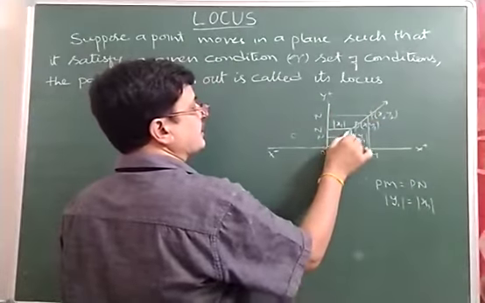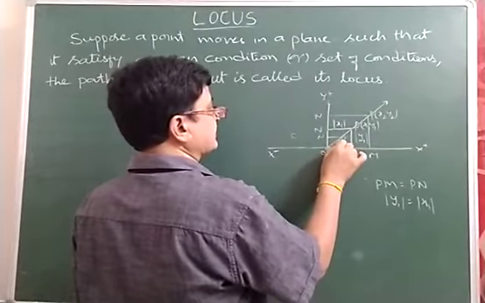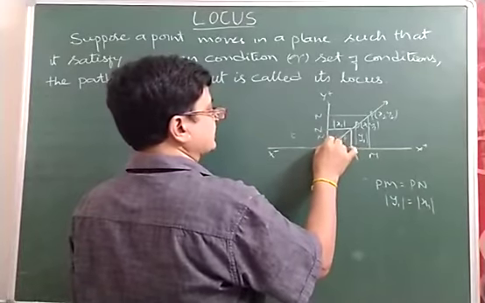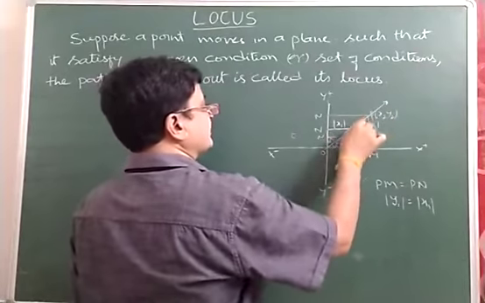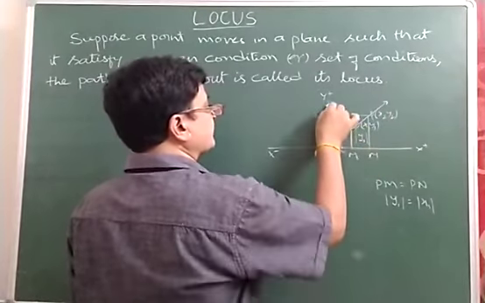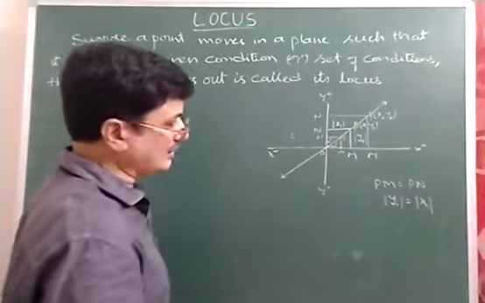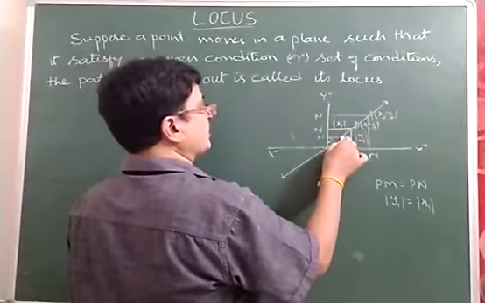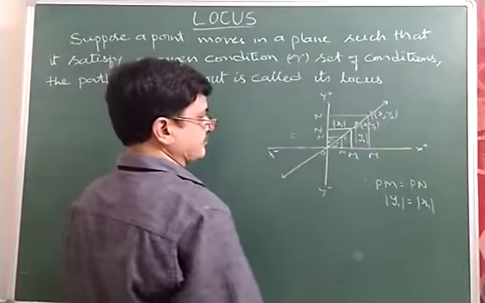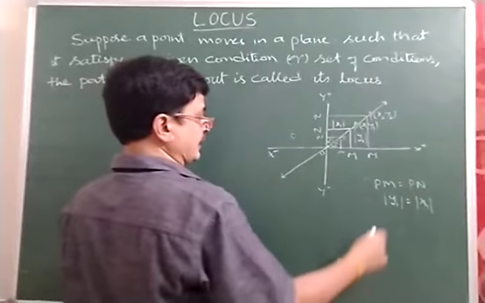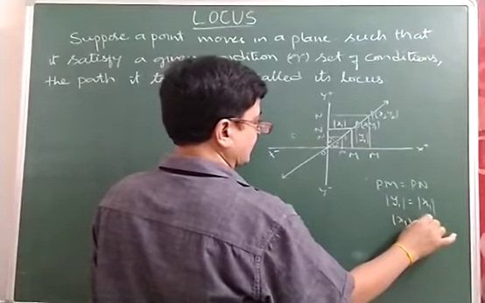The path of point P is a straight line which makes an angle of 45 degrees with the x-axis and 45 degrees with the y-axis. Since the angle between the x-axis and y-axis is 90 degrees, this is called the angular bisector of the coordinate axes. If it is extended, it is still the angular bisector of the coordinate axes. That means any point on this line is equidistant from the coordinate axes, that is, here we say mod x1 is equal to mod y1.